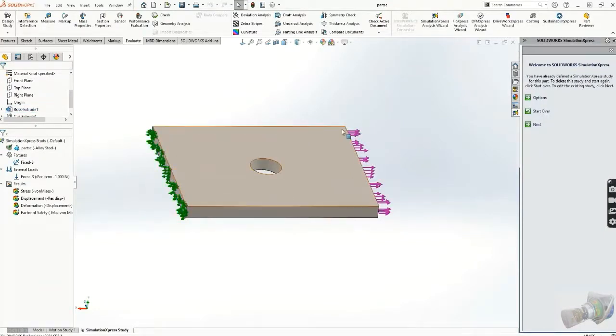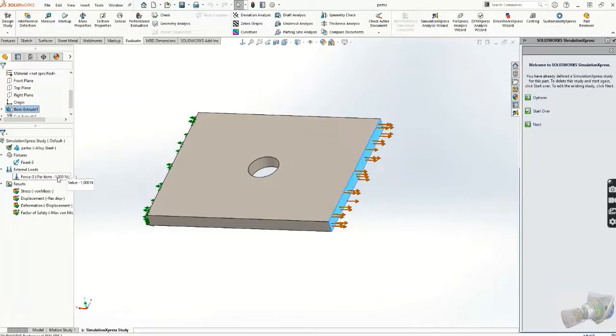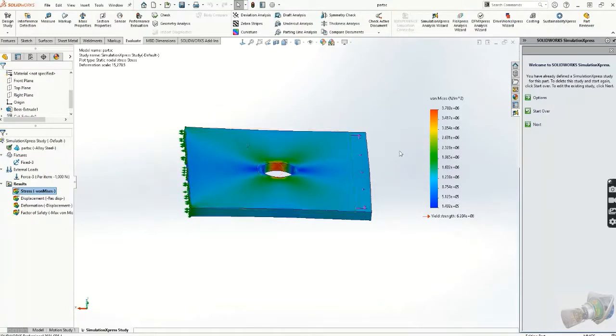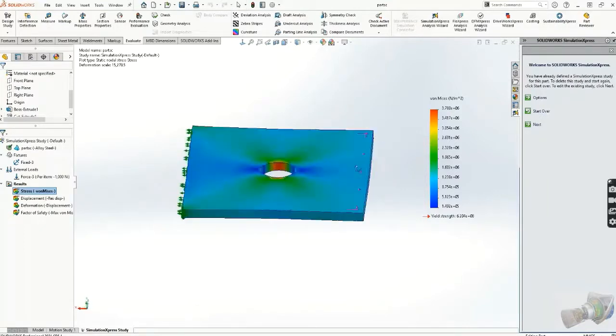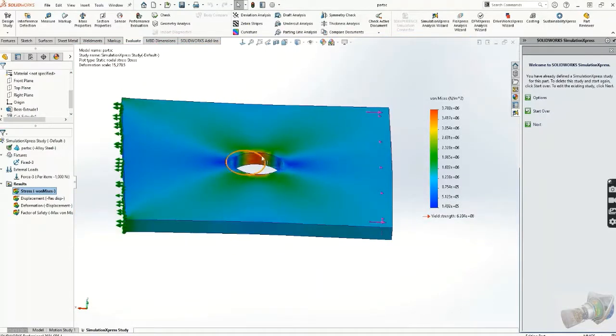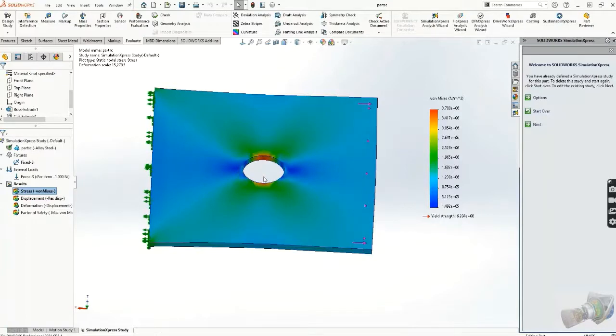We have fixed this face, we have applied a force of 1000 Newton over here, and we have run the simulation. Now let's check out the values over here. The stress value, you could see it is 3.78 into 10 raised to 6, and you can see now the maximum stress has got concentrated at the hole section. You can see the red spot at the hole section over here, and the stress is like 3.78 into 10 raised to 6, and you can see